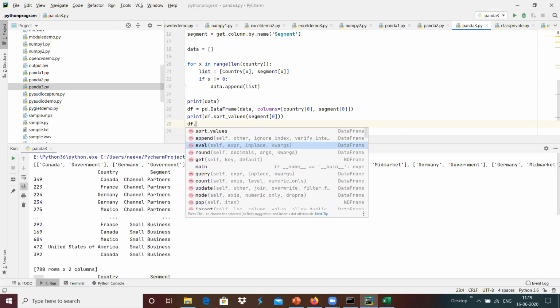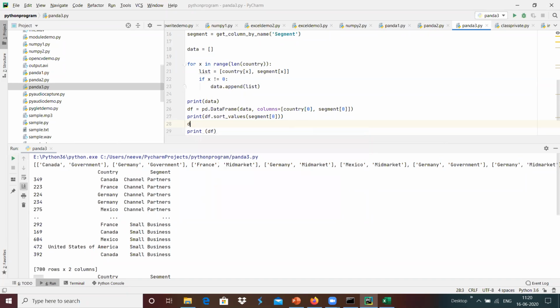We can do that. Get key by sort by values. We can use append over here, and we can use eval operations over there. Like that, we can use different operations. If there is a numerical value, we can count how many Canada or France or anything that is present, using the count method, and play with the data frames accordingly over here.